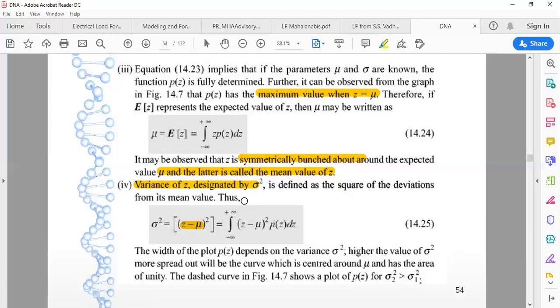So standard deviation, if we want to define it, is nothing but the variation from its mean value. As it is squared over here, we once again put a square and use the same equation, minus infinity to infinity, a closed integration, (z minus mu) squared p(z) dz. Depending upon that, we can also find the variance using standard deviation for the values lying between